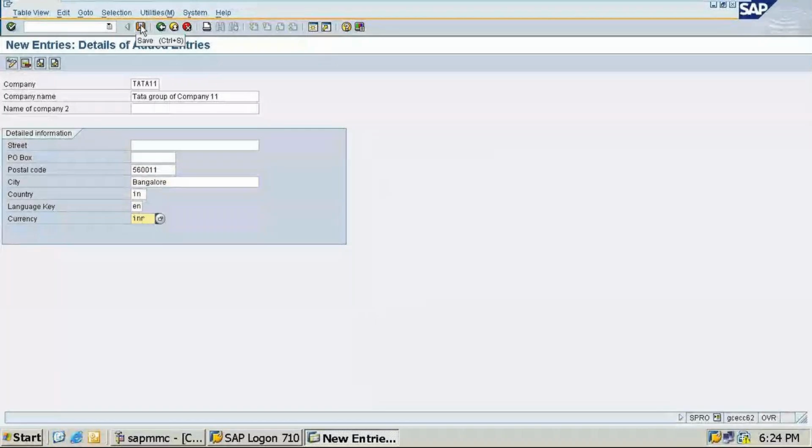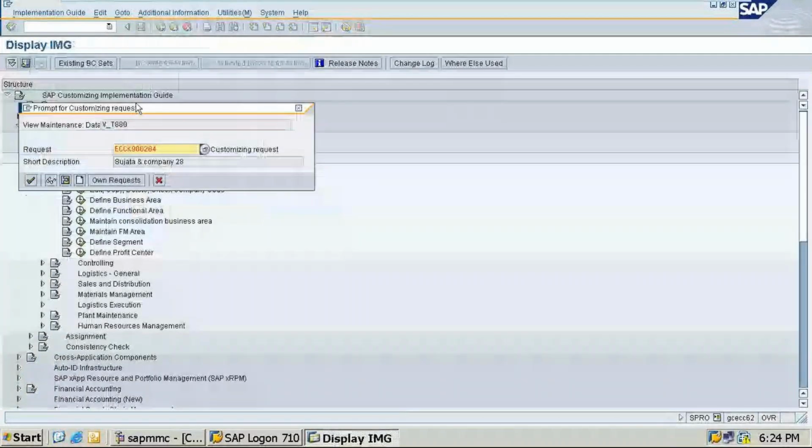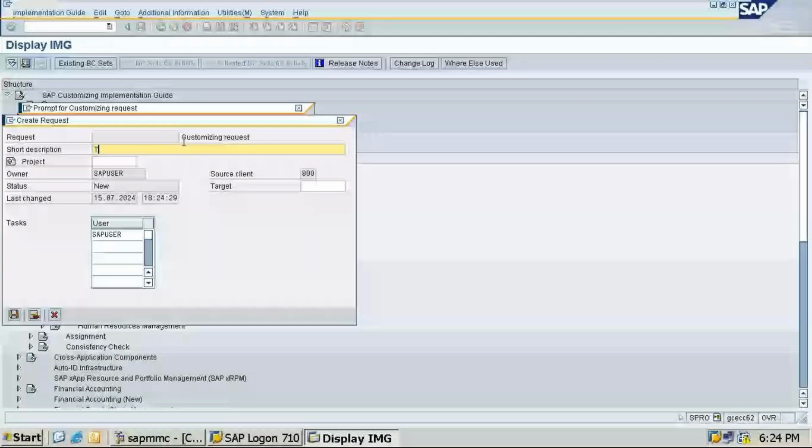Once you click on save, this is not the company. We have to create the request. So here we'll get the option create request. In the short description area, you have to give the same thing, Tata Group of Company 11.